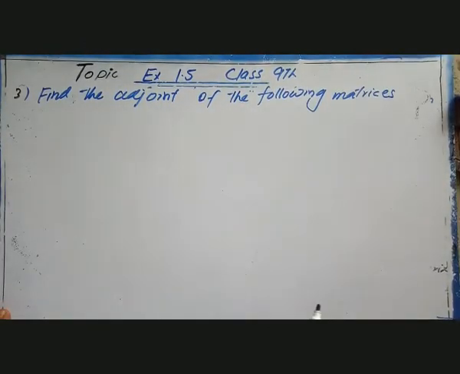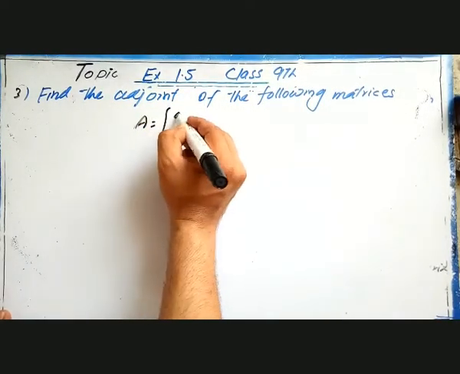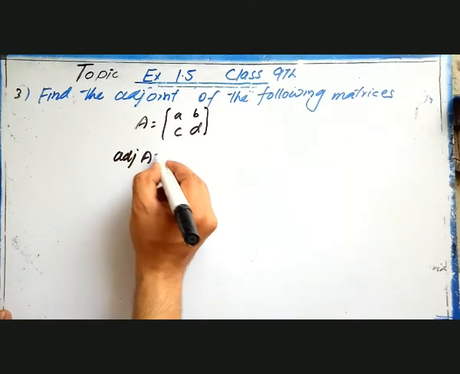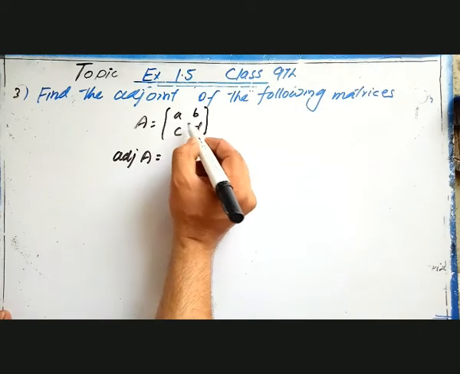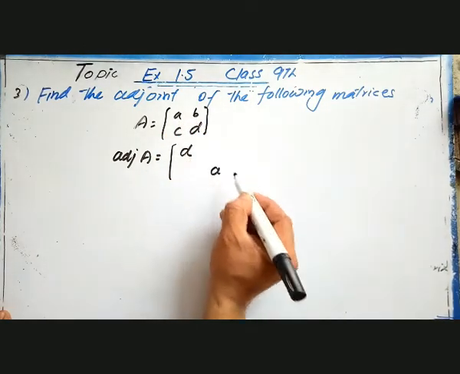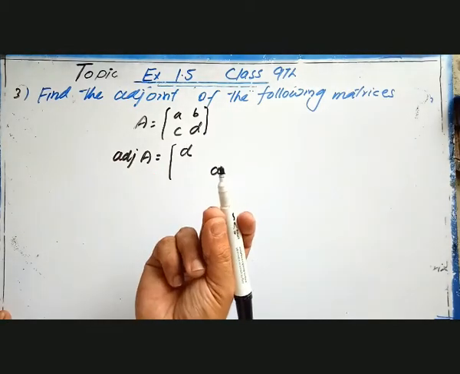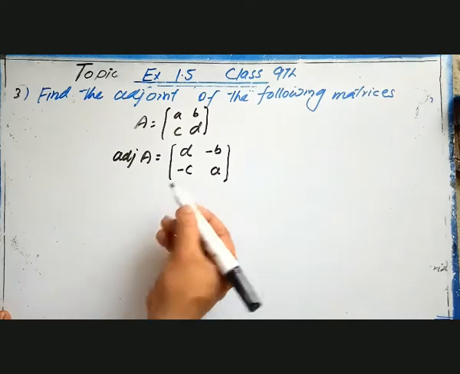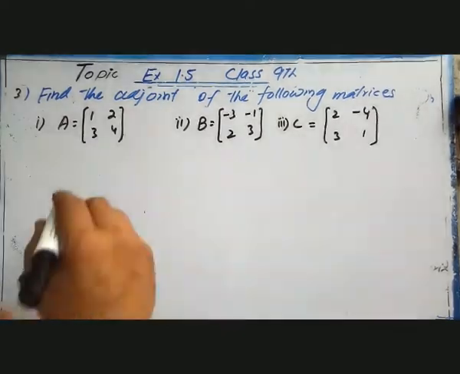Question number 3, find the adjoint of the following matrices. So adjoint के लिए हमारे पास है कि let's suppose we have a matrix A that is containing a, b, c and d. तो adjoint आपने इस तरह लेना है कि जो यहाँ पर एलिमेंट हैं A और D उनको आपने इंटरचेंज करना है, मतलब D यहाँ पर आएगा और A यहाँ पर, और C और B के जो साइन हैं पॉजिटिव हो नेगेटिव में कन्वर्ट करना है, नेगेटिव हो तो पॉजिटिव में। फॉर एग्जांपल यहाँ पर दोनों पॉजिटिव हैं तो हम दोनों नेगेटिव में कन्वर्ट करें, ये हमारे पास एडजॉइंट आ जाएगा। तो एक्सरसाइज में क्वेश्चन है वो करते हैं, आपको समझ आ जाएगी। फर्स्ट पार्ट A is equal to 1 2 3